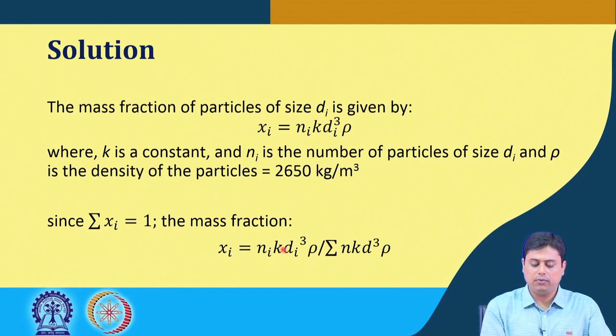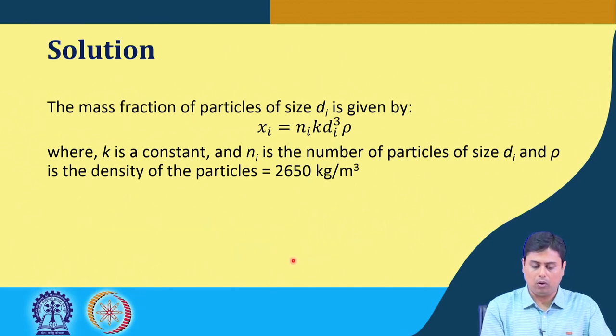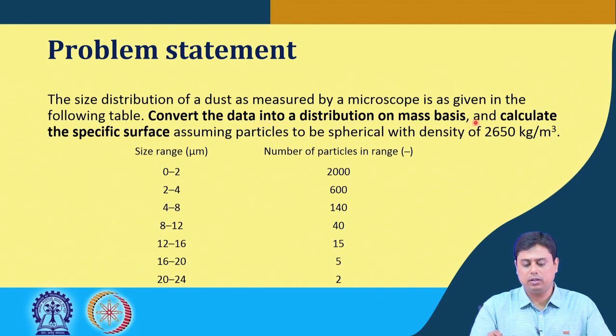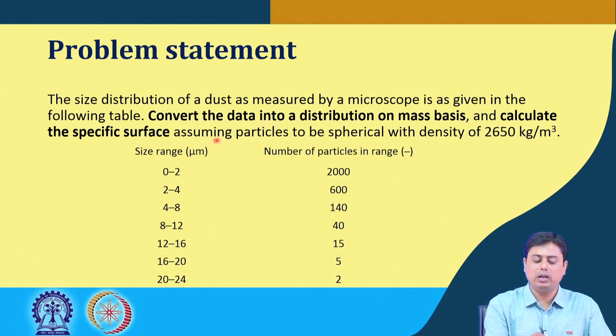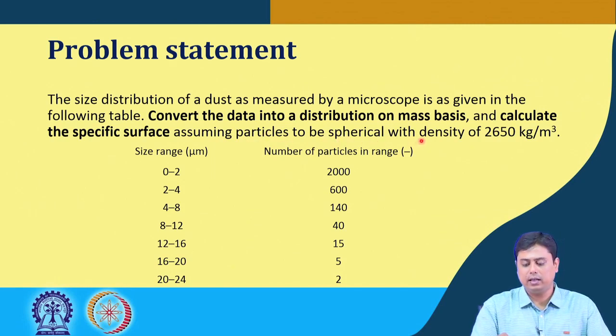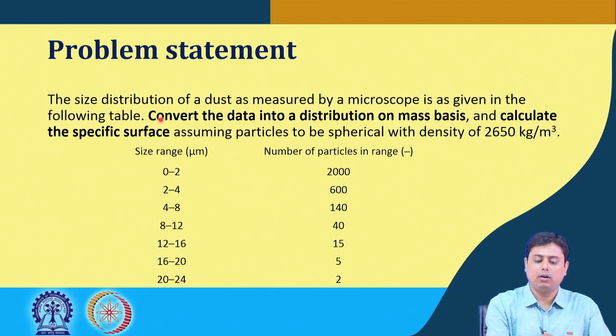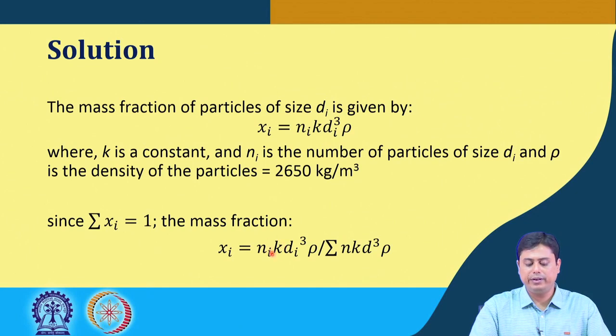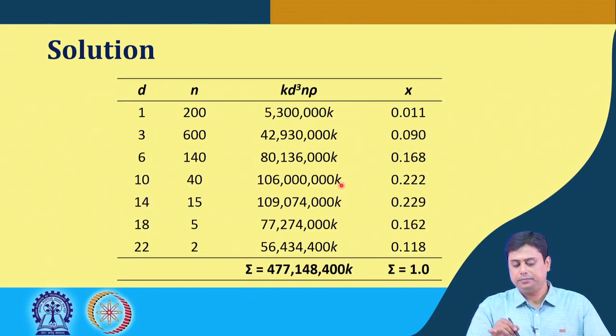Now, the value of k is not known, because let us say we are solving this problem in a generic way, without understanding the second part that is written later, where it is to be considered spherical to calculate the specific surface. So, for the time being we neglect this part. For this first part, we do not know the value of k, so we will retain k as it is. Since this is a constant value, it will be eliminated at the end.